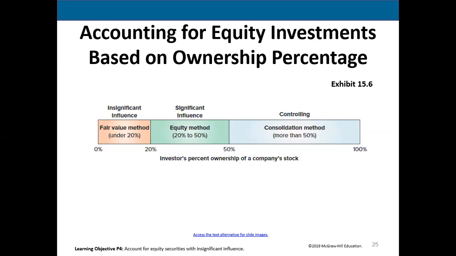Then once you own more than 50% of the company, you are in control of the company. And you do a special type of accounting called the consolidation method. I just got finished teaching it in an advanced accounting course, and we do about 5 or 6 chapters on all the different ways of doing the accounting under this method. So this is a much more advanced accounting that we just talk about a little bit, but we don't show you actual journal entries and things. If you're an accounting major, you'll see it.